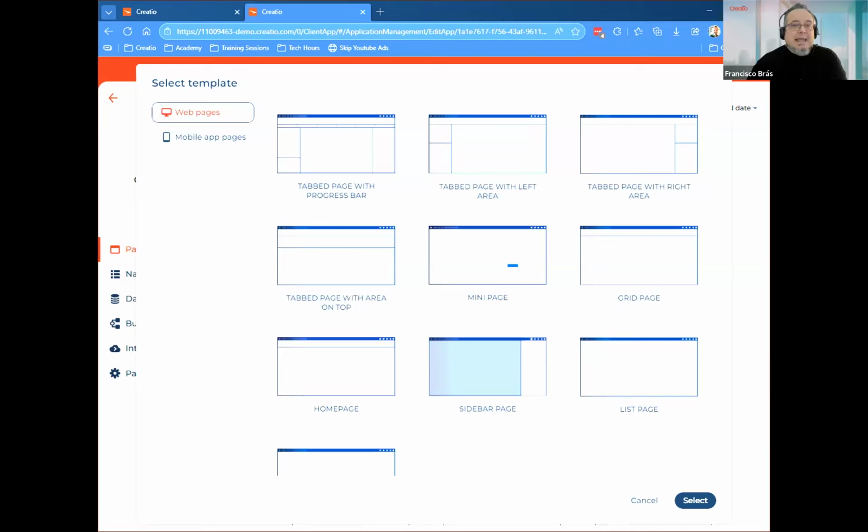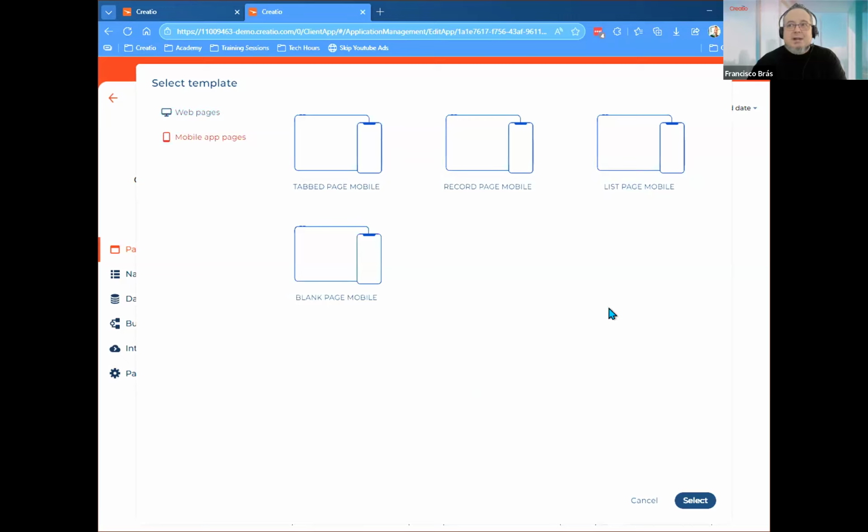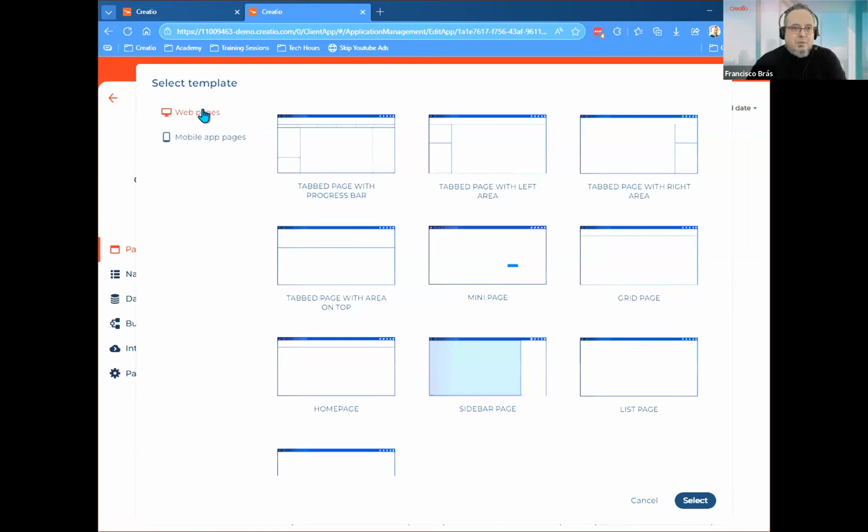And if you are already using the latest version of our Creatio user interface, please ensure that you are using the web pages options here on the top and not the mobile app pages. This is for other purposes, not related to what we are doing right now. These are all the different versions of pages for mobile devices. So in here in web pages, we can now select which type of page we want to create